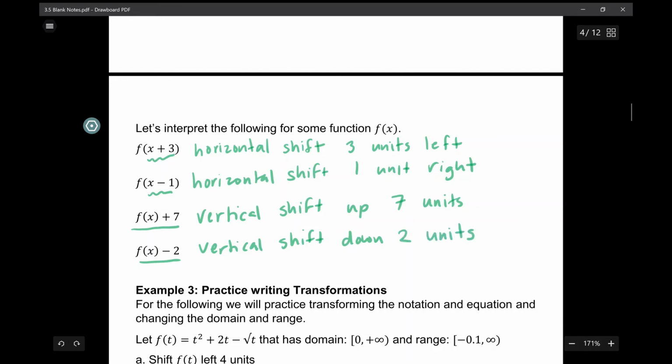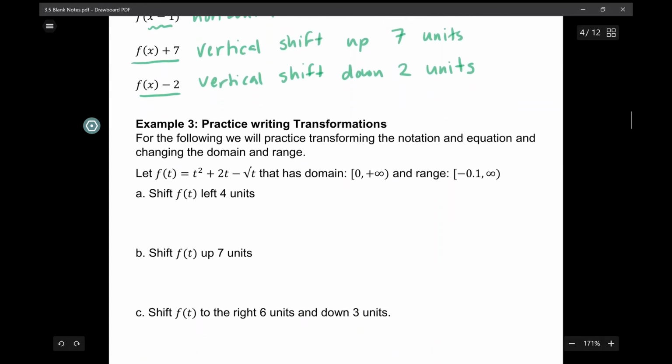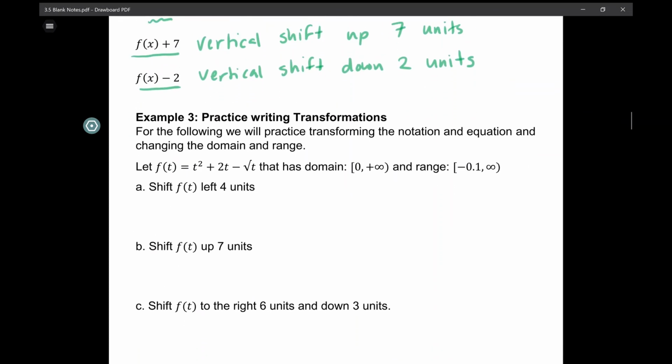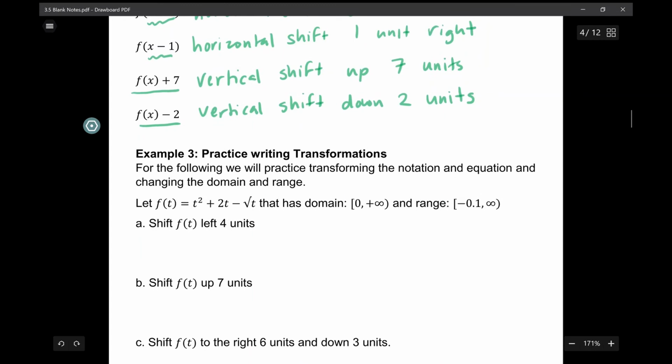All right. Let's practice writing some transformations. So let's go ahead and look at this function f of t equals t squared plus 2t minus the square root of t. And let's do these different transformations. If we wanted to shift that function f of t left 4 units, what would we do? We would do f of t plus 4,